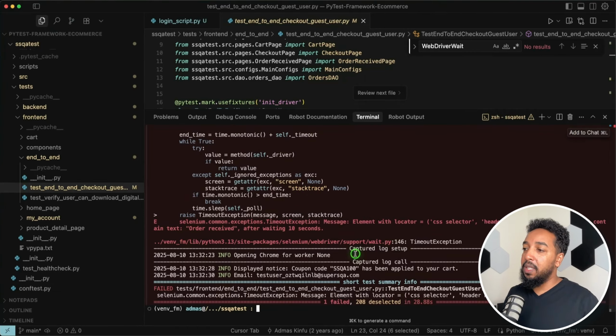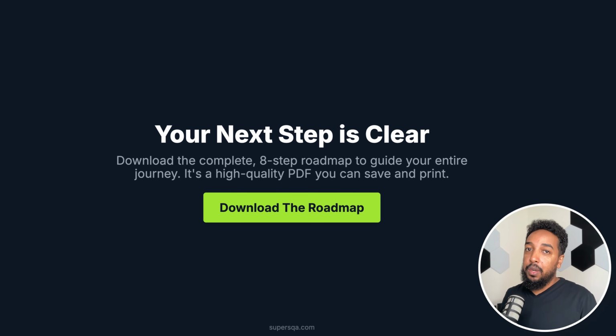So in this case, it fails. I'm not going to bother running it again. Some weird thing happened. That's the thing with front end. Front end tests are a little bit flaky, and that's why we have jobs, because we need to maintain front end tests quite often. So that is what front-end automation is, and that is what you're going to be learning. This video ended up being a lot longer than what I thought it would be, but I was just getting too much into the details.